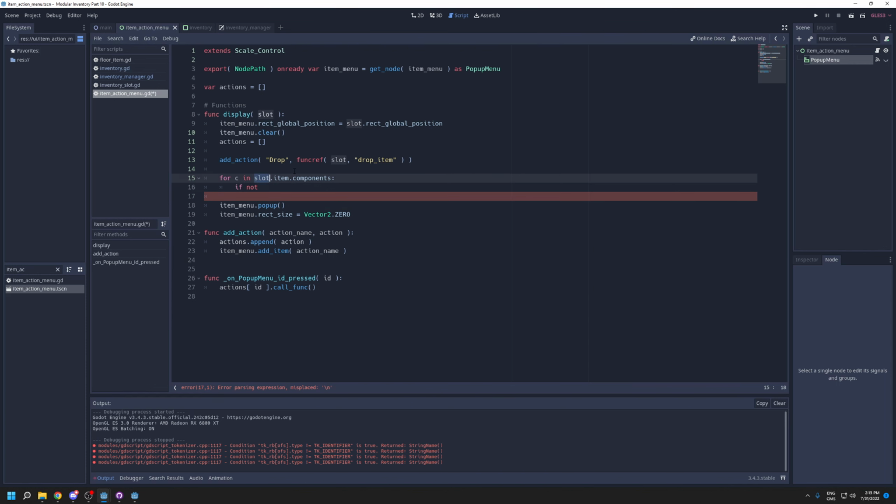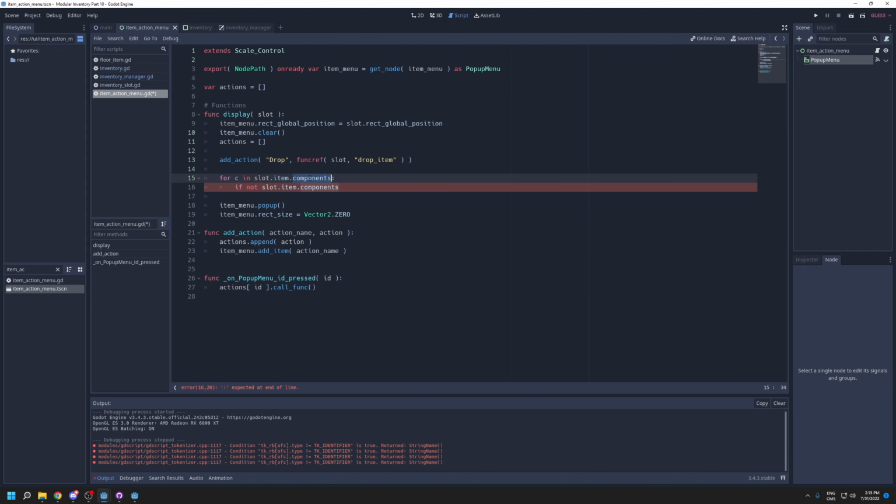So copy this again because the C will be a key. If you're looping on a dictionary, it's going to be the key. If you're looping on an array, it's going to be the object. That's how you can remember that. So here I need to pass C, so the index of this component, and I want to know if this one has the method,